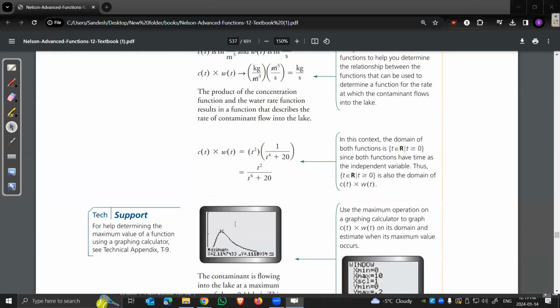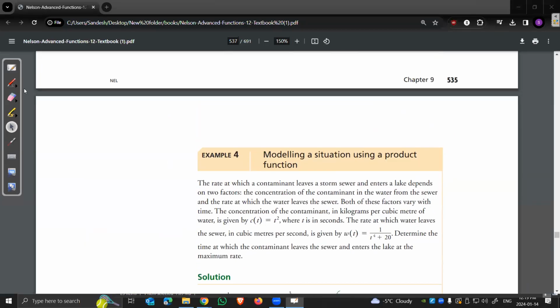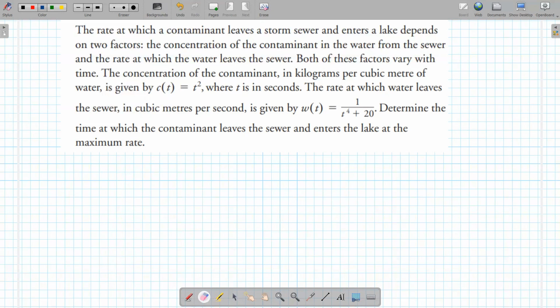I think they might have used a graphing calculator. They always do this, which is kind of cheating, but whatever. It's the idea that's important. So